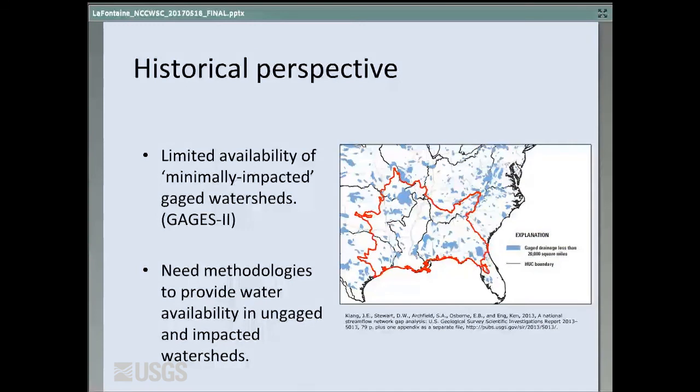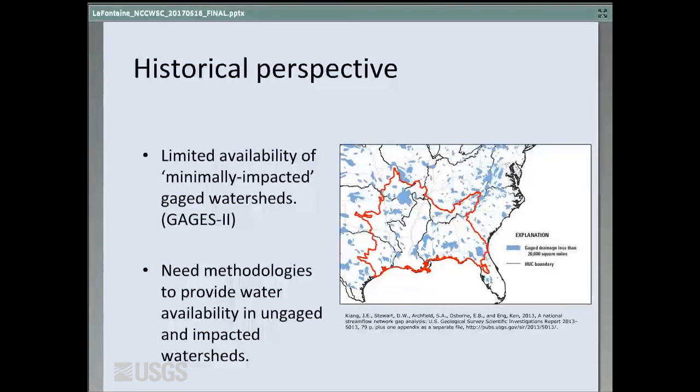And so this picture here is out of a report by Julie Kiang and others. She's with USGS in Reston, and the red boundary represents our study area, so that includes the GCPO LCC, as well as some watersheds to the east of it. And the blue shaded areas represent coverage by USGS stream gauges where those watersheds are deemed minimally impacted by anthropogenic